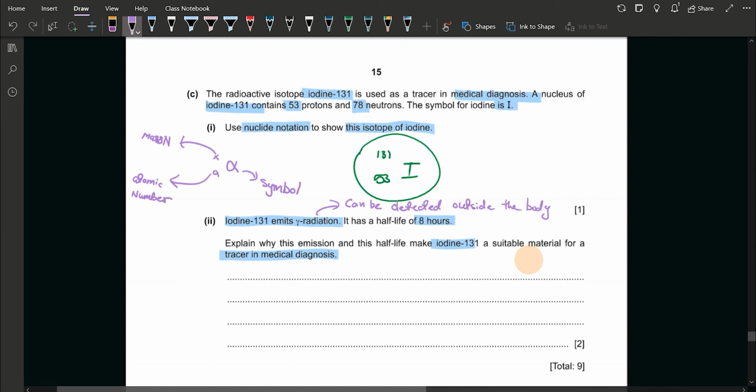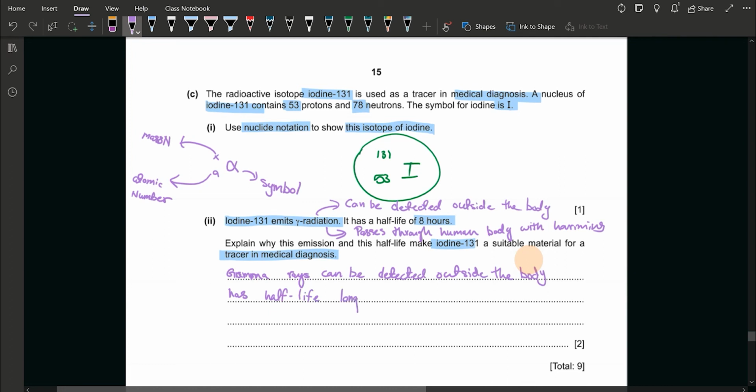as gamma radiations are highly ionizing, passes through human body without harming. So we can write here our explanation. Gamma rays can be detected outside the body, has half-life long enough to be detected,